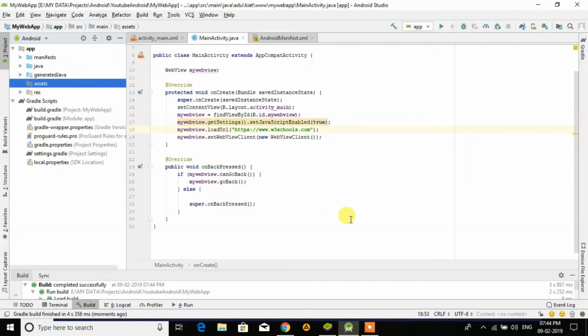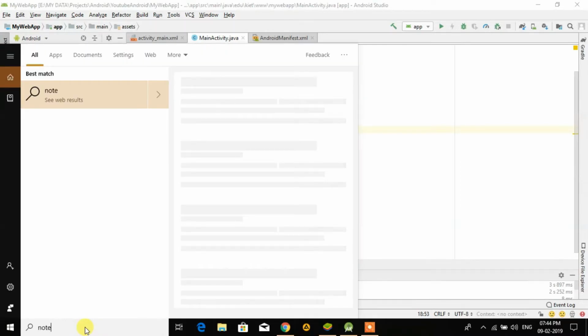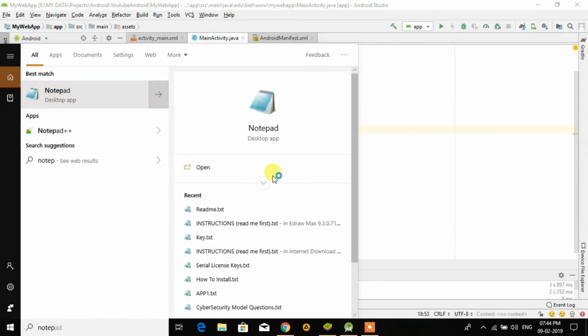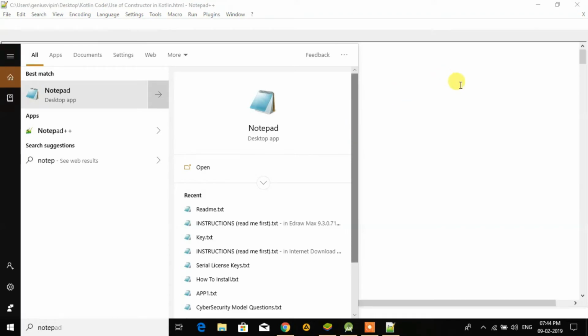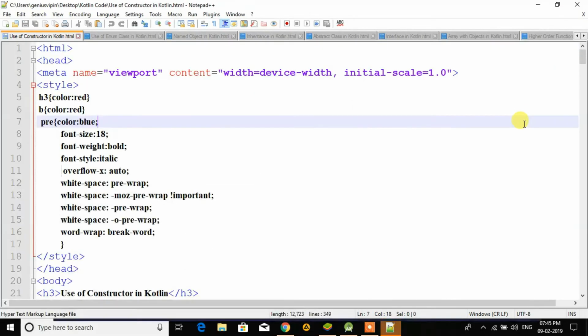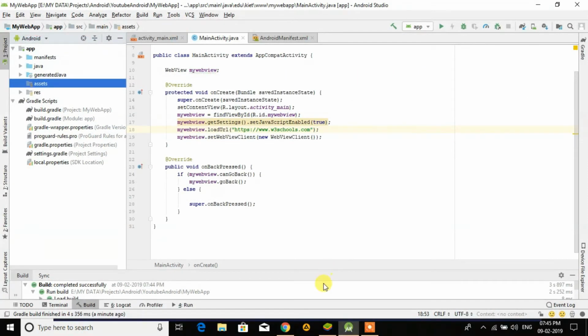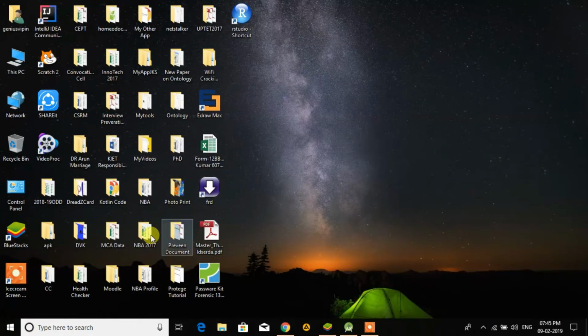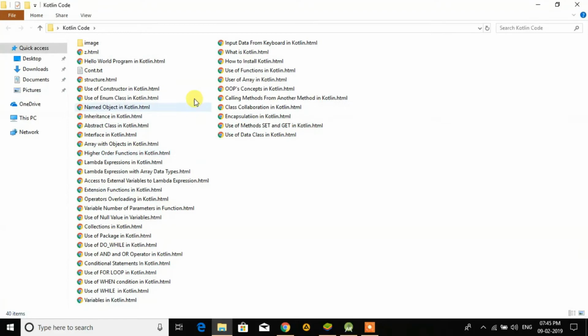For example, if I want an HTML file, for example, I could give you Notepad plus plus, or I can show you built-in ones also. I have built-in files. I'll show you a built-in website and built-in pages. For example, I have some web page. I have some web pages in my Kotlin series. So I copy one file from here. For example, structure